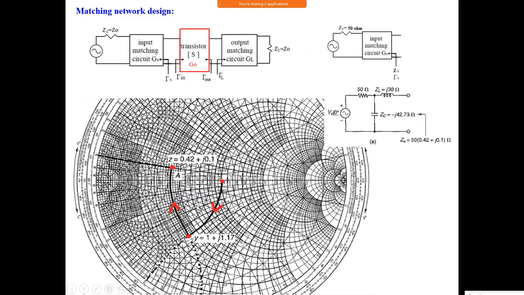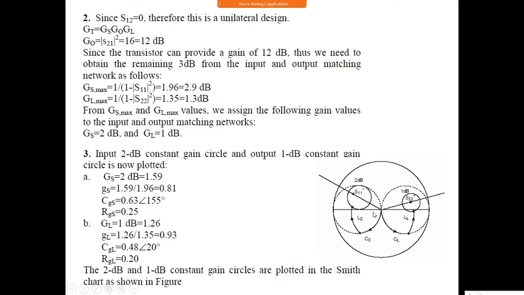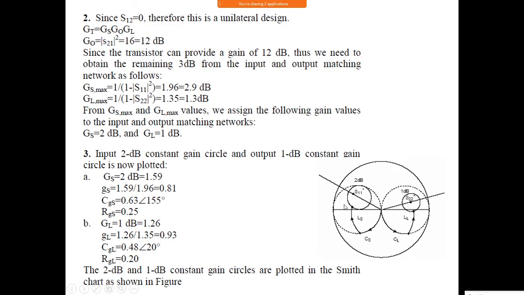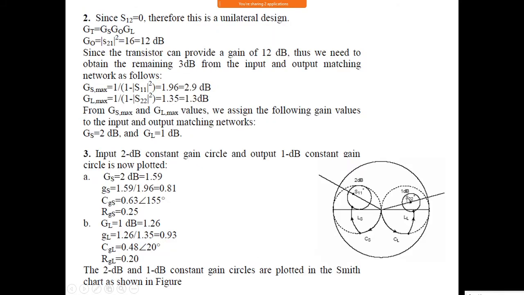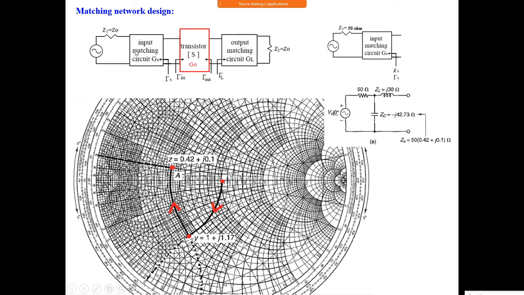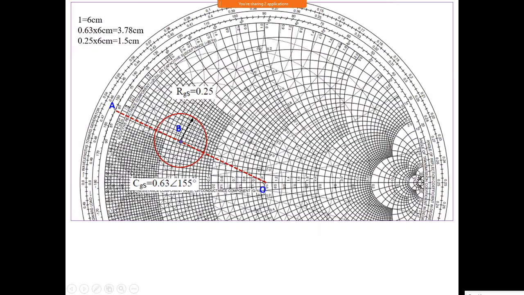After drawing this, you can choose any value over those two circles. Over this and this you should choose the input impedance; you take any value from here on this circle, and the output impedance you choose any value from this circle. After choosing a particular value of impedance, you should design the input matching network. What is the input impedance you needed? That I needed any value over this, I have taken one value, for example like this.